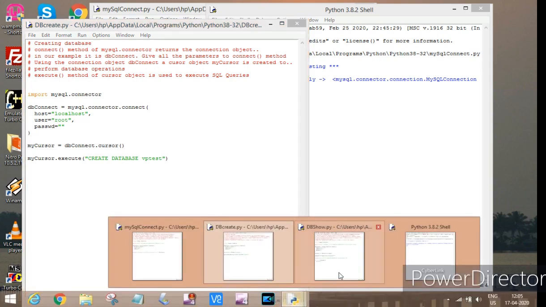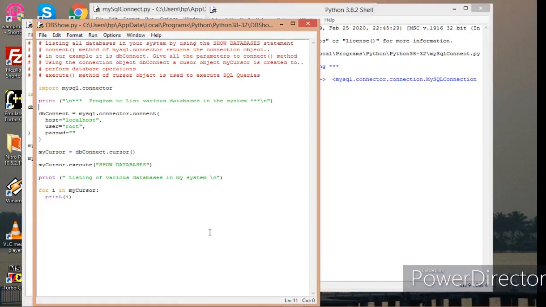So let's go to this particular program. So here again, dbconnect is the connection object. MyCursor is the cursor object, and execute is the method of the cursor object to execute SQL queries.